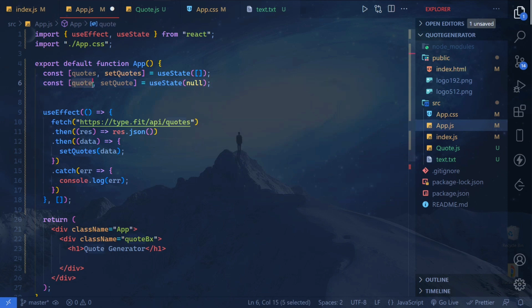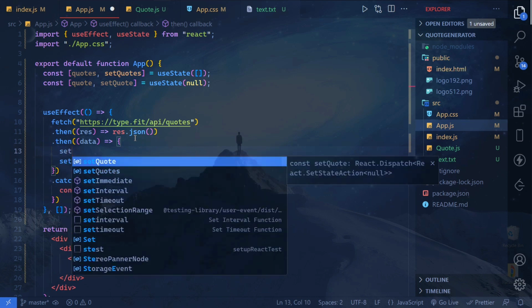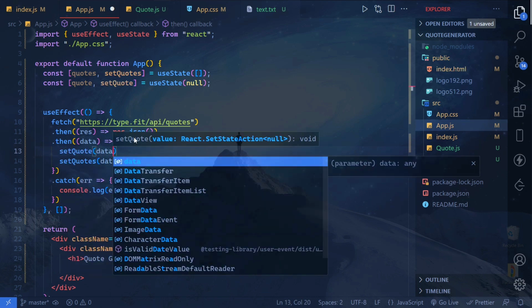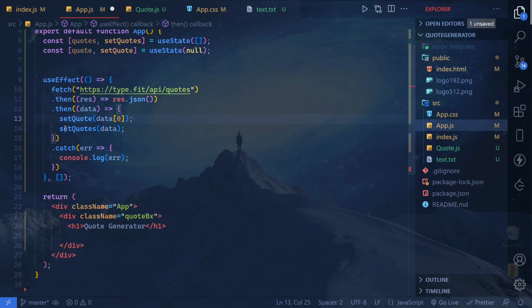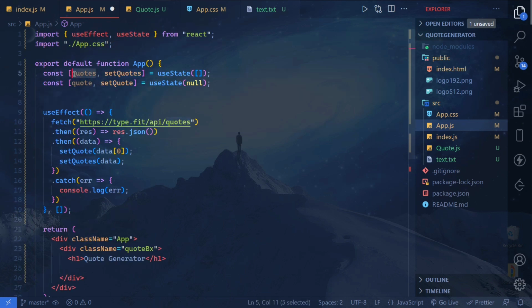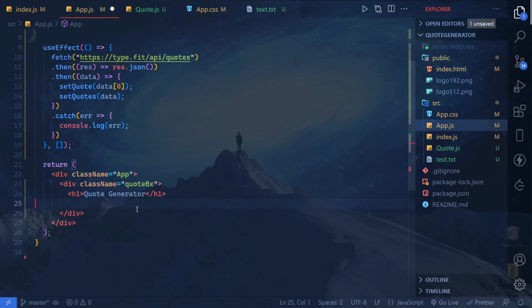And now you can see we have quote. So we'll set the quote. How can I do that? setQuote and data of the 0th index. So the first quote that we'll be having is set with setQuote. Okay, and all the quotes are set to quotes. So I'm making this plural in order to denote that it contains several quotes, and I'm making this singular because we know that it is containing a single quote. Okay, so now that we have this,